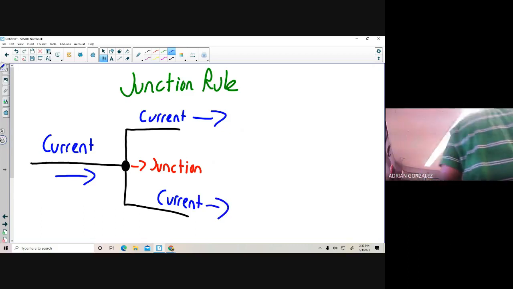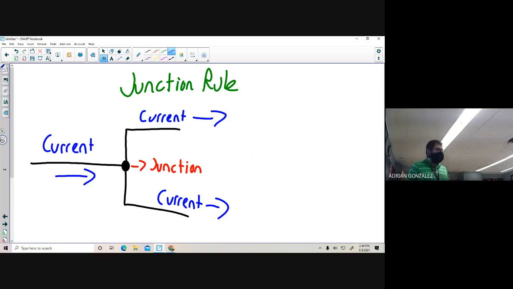Does that make sense? Yes? Okay? And the rule is it's one way. No backseat. You can't go backwards. We're talking DC, direct current, only going in one direction. Now,